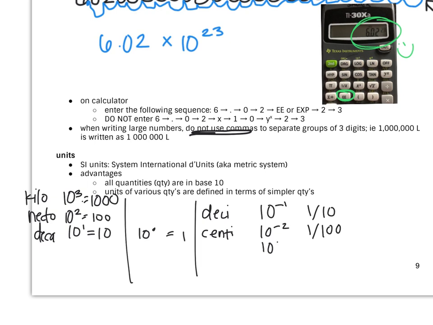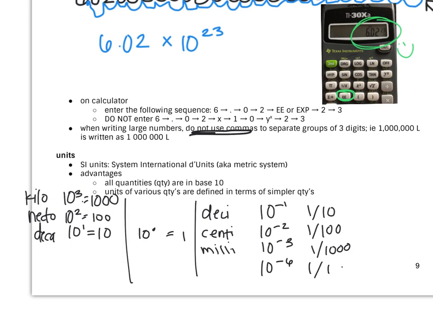And then we have 10 to the third, or 1/1000th, and that's milli, like millimeter. And then we're skipping around, there is 10 to the 4th and 5th, but they're not as common, or they can be as common, but typically the units that I picked were the ones that I felt were important, okay? So 10 to the 6th is